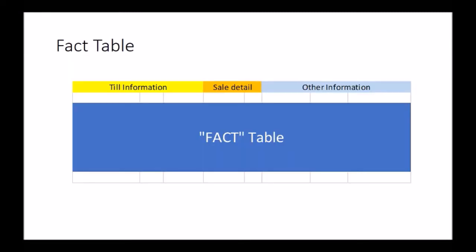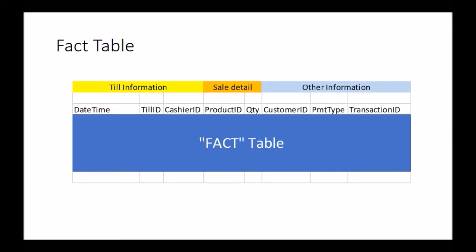So here's an example of what I'm talking about. The till information over on the left, this is things like the date and time stamp, the till ID and the cashier ID. Now the cashier ID comes from the cashier signing into that till. When the items are scanned through the till, they then record the product ID and the quantity of those items,